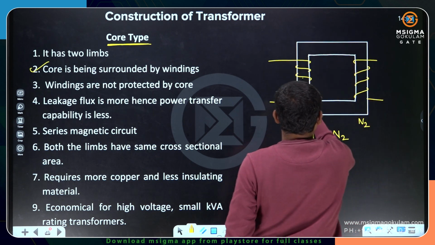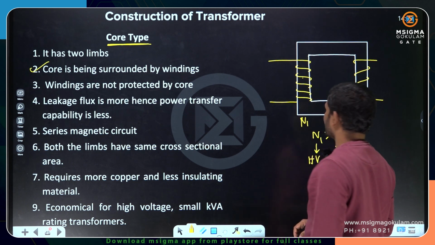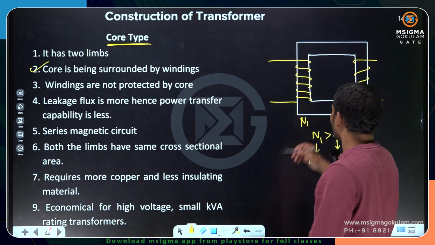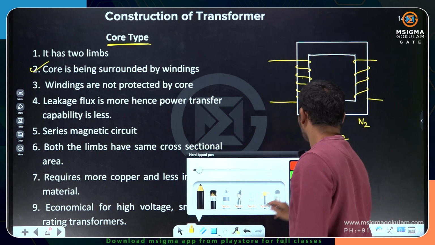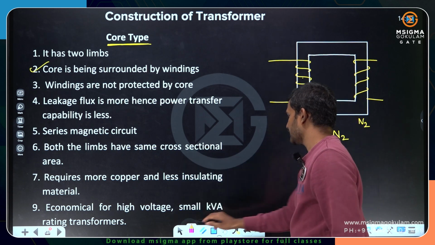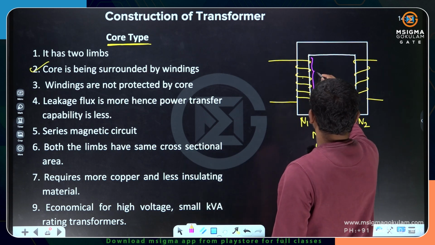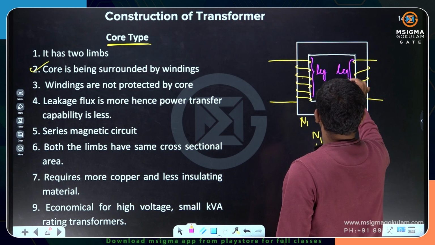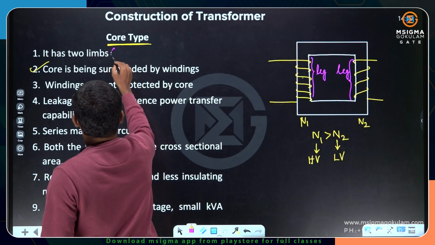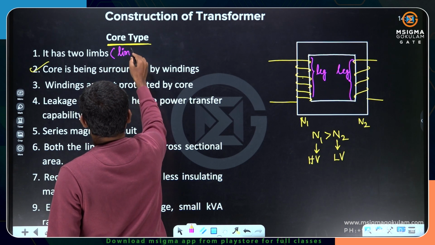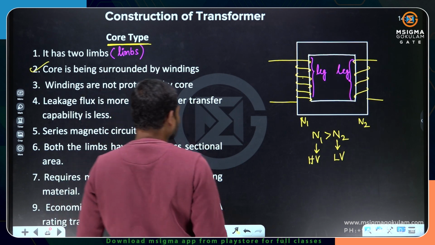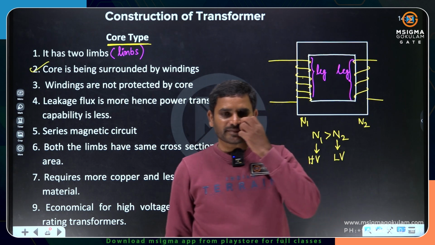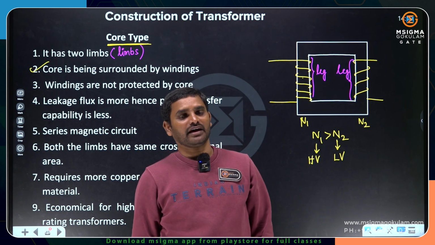Okay. Limb 1 and limb 2. Two limbs. Leg 1 or leg 2. Limb or leg, anything is okay. Both are same. The vertical part of the magnetic circuit, you can call it as limb or leg,